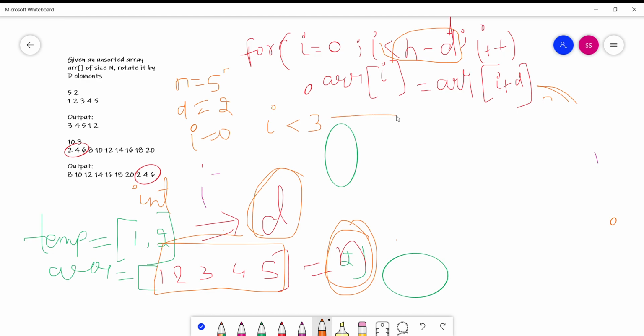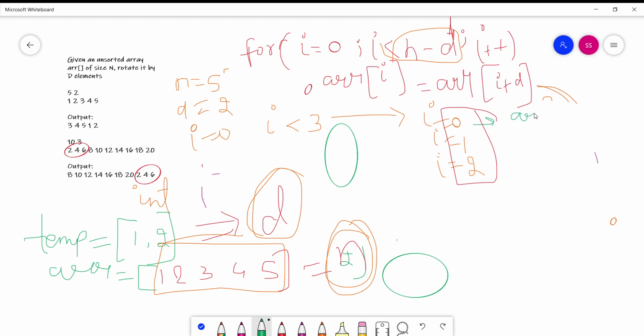It means it will execute only for I equal to 0, 1 and 2, because whenever the value of I becomes 3, the loop will be terminated.